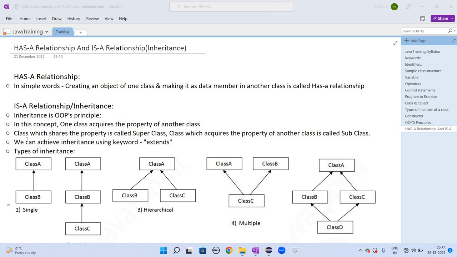This is the inheritance concept. So how do we achieve inheritance? Using the keyword extends, which we will see when we start programming. These are the different types of inheritance. One is single level, that is class B acquires class A, and another one is